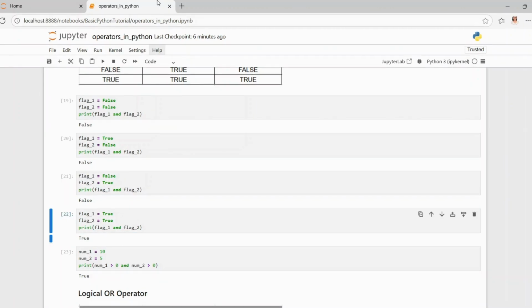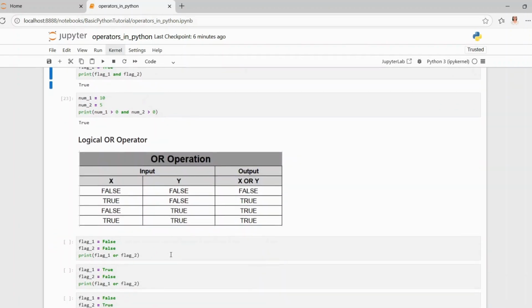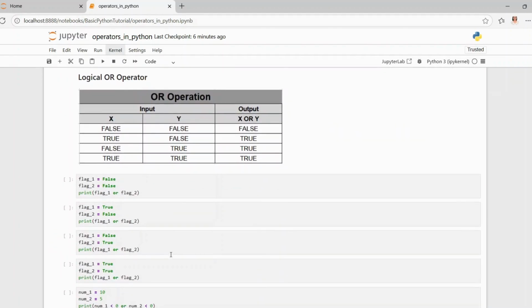Next logical operator that we will look into is logical OR operator. In Python, the logical operator OR is used to combine two or more conditional expressions. It evaluates to true if at least one of the expression is true. It returns false only when all the conditions are false. OR operator also uses this short circuiting process similar to AND operator. It evaluates conditions from left to right and if it gets true, it stops evaluating the next set of conditions